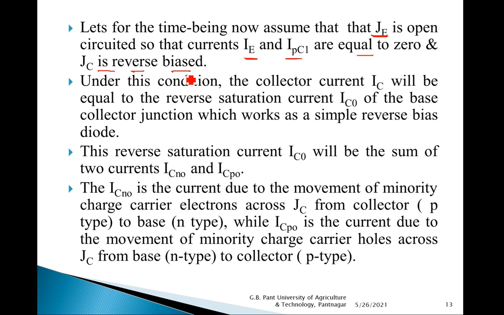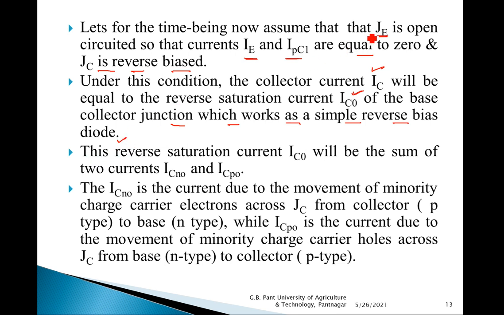Okay, this JC or the collector junction is under reverse biased condition. So under this condition, what happens? The collector current IC will be equal to simply the reverse saturation current ICO of the base collector junction,